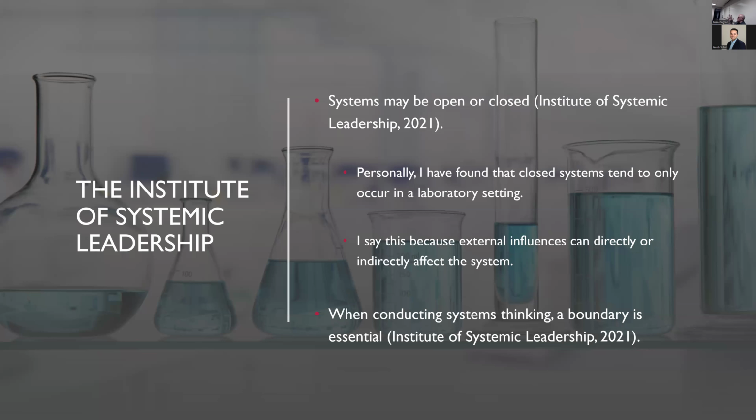So when conducting systems thinking, you have to establish the boundaries of that system. Otherwise, as you're going to see, it becomes really complicated really fast. That's because we might be looking at a system that is this class, but that class is part of the academic department, which is part of Cleary University. Each one of these could be viewed as a system, or they could be viewed independently as a system. If I'm looking at Cleary University as a system, the elements that I would be considering change slightly. Okay. The interconnectedness will change slightly. And you're going to be seeing this as we go through the next few weeks.